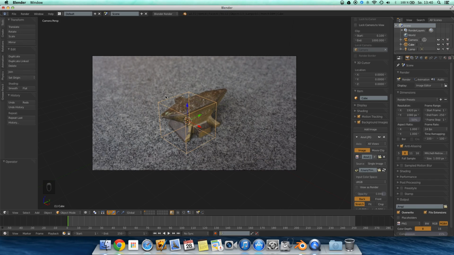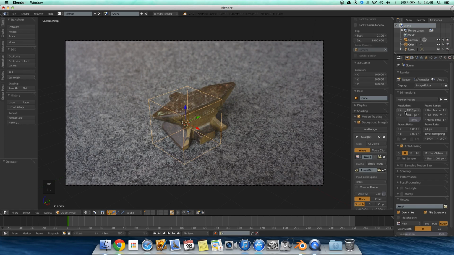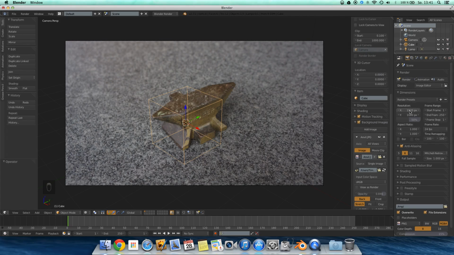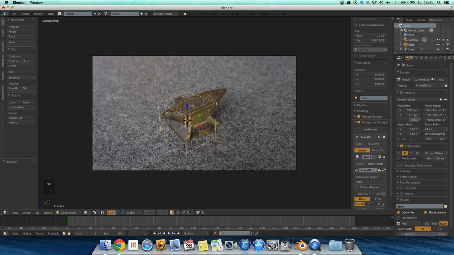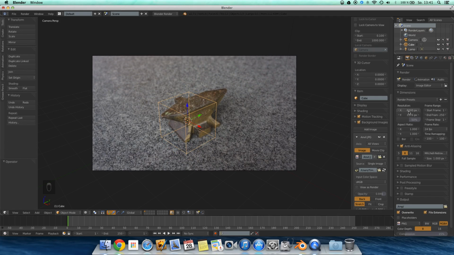Next we have to set the resolution of the camera to the actual size of the image. So in my case it is 6000 by 3376 pixels. Now you can see it's important to set those values right, otherwise the image would get stretched. And this is not what we want, so it's important to set those right, set the resolution to 100%,